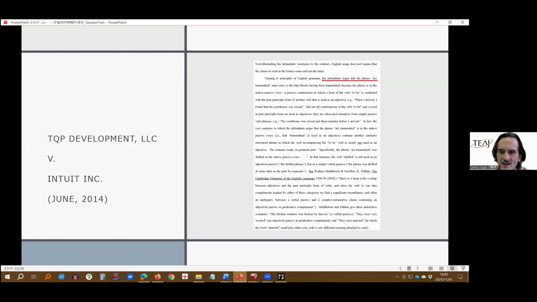The defendants argue that are transmitted must mean having been transmitted. And then this is the Federal Circuit, I think, and they said, no, are transmitted covers both possibilities unless there is evidence to the contrary. So that's all here. It's a very interesting case. I will polish up these slides and add some underlining so that if you would like to look over these slides after the seminar, you can see